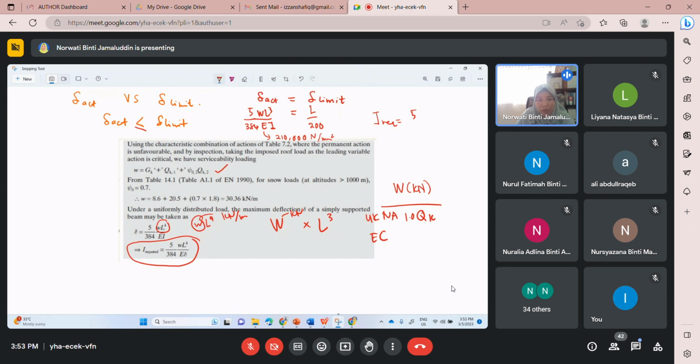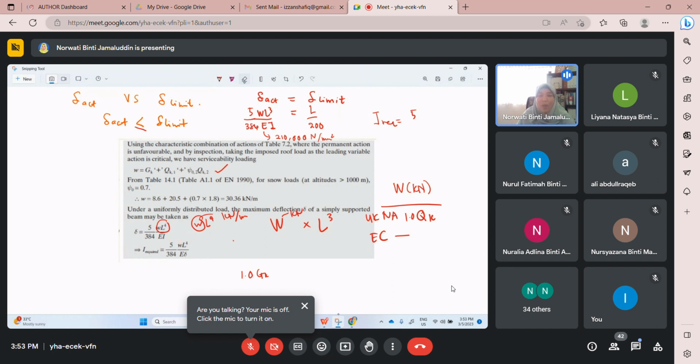The W here is GK, unfactored 1.0 GK, but it is a load combination based on Eurocode. This solution is based on Eurocode, not the UK National Annex. If it were using the National Annex, the W here would just take QK, that's all. QK, no GK. Since we have 2 QK, I think it is good for us to consider the Eurocode approach. Okay, 1.0 GK plus